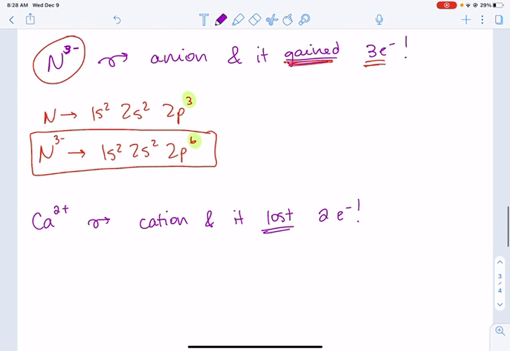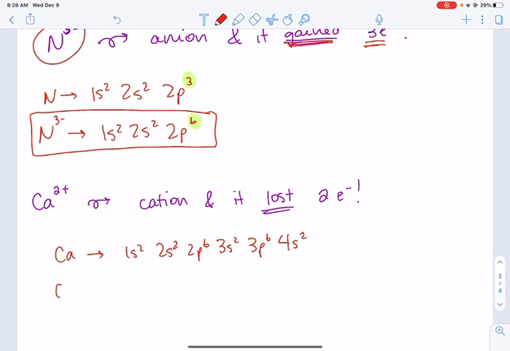So to write out its electron configuration, we would think about calcium normally being 1s2, 2s2, 2p6, 3s2, 3p6, 4s2. Okay, but it lost 2 electrons, so calcium 2 plus is going to be 1s2, 2s2, 2p6, 3s2,